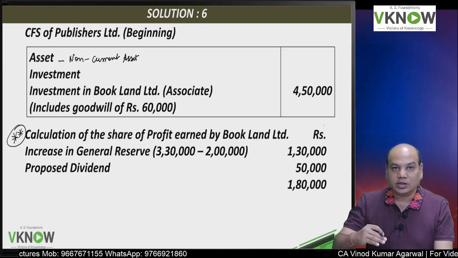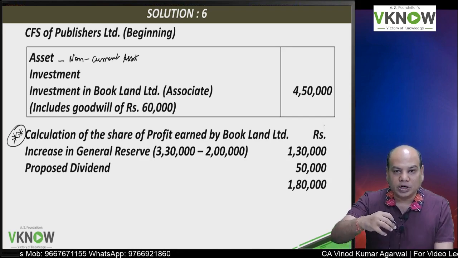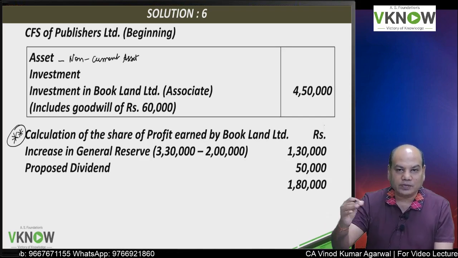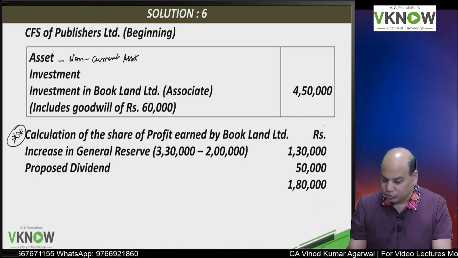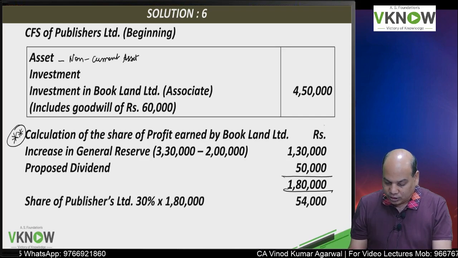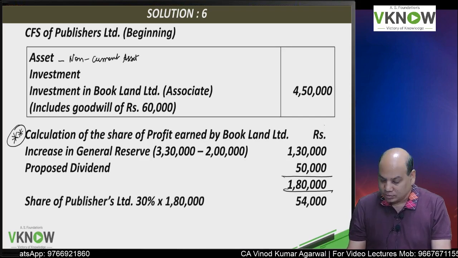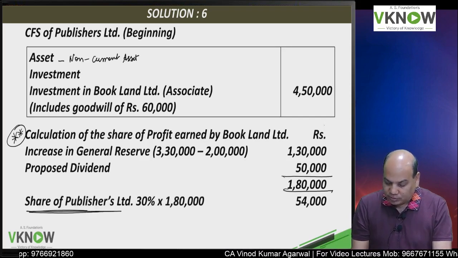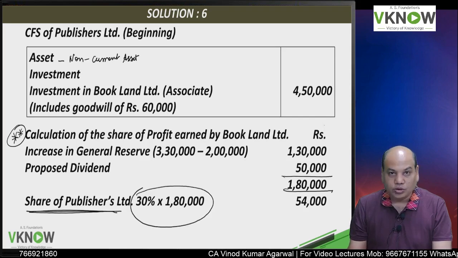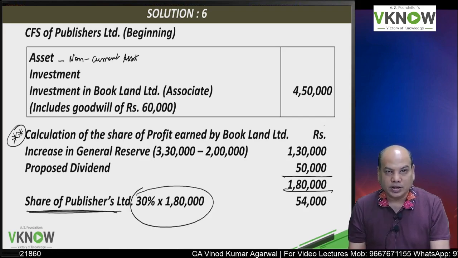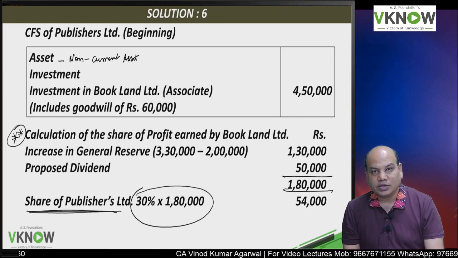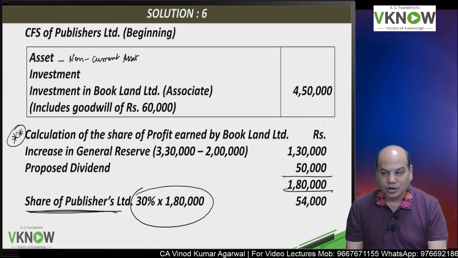So during the year they must have debited the P&L account and credited general reserve and proposed dividend. So total profit of the year is 1,80,000, and the share of Publisher Limited out of that would be 30% of 1,80,000, which comes to